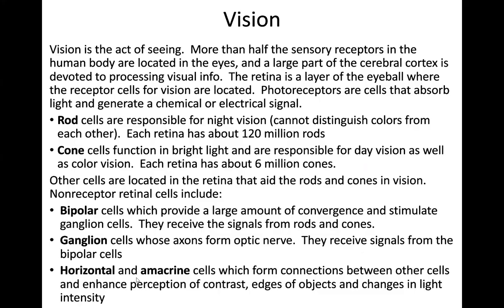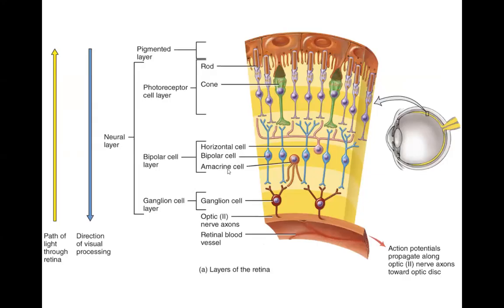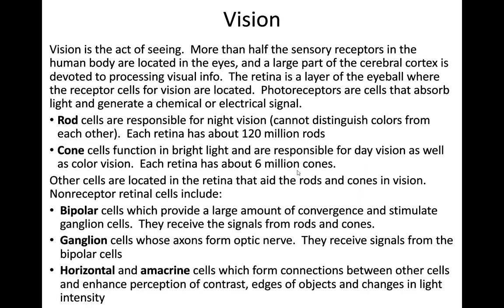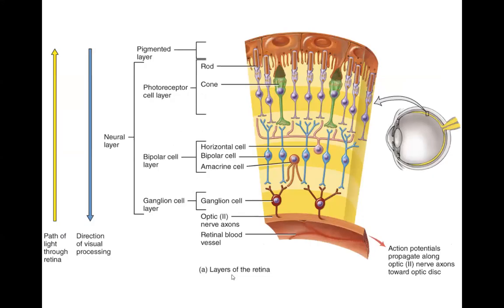There are also horizontal and amacrine cells. They're kind of sprinkled in here in the bipolar cell layer. Okay, horizontal cells, you can see there's one, kind of looks like an octopus. Here's an amacrine cell, kind of also looks like an octopus. Okay, but they form connections between other cells and enhance perception and contrast. They help with identifying the edges of objects and changes in light intensity. Okay,